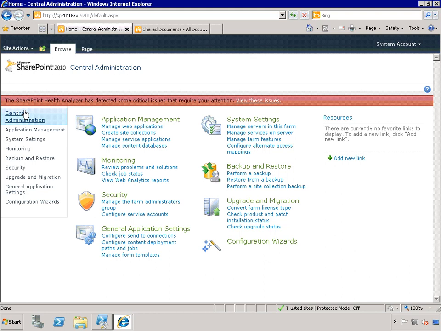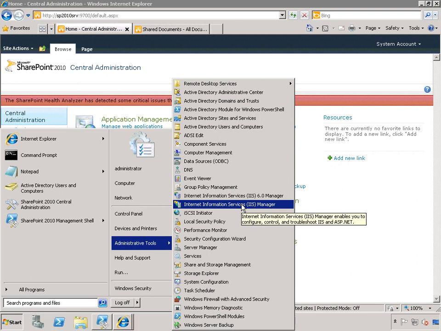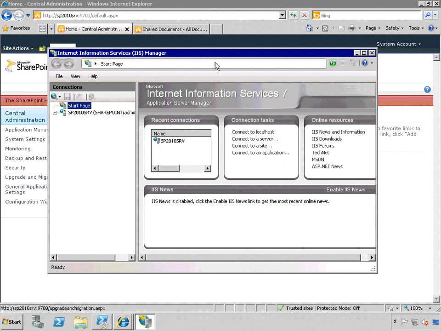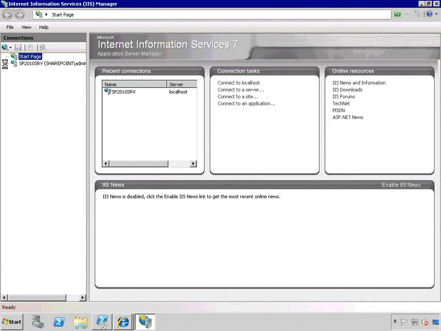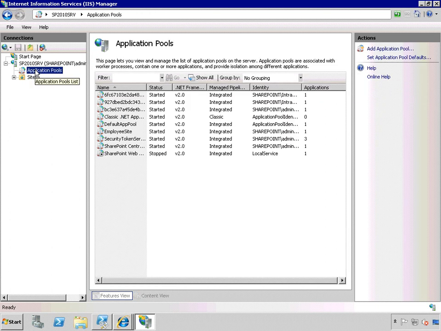You receive a report of a problem that a site is slow or it's no longer rendering pages. One of the first things that you would do in that situation is go to IIS. To do that, you'll click on All Programs, Administrative Tools, IIS Internet Information Services Manager. Let's expand this, and we'll expand the server. It's going to provide the name of the server, the application pools associated with that server, and all sites that